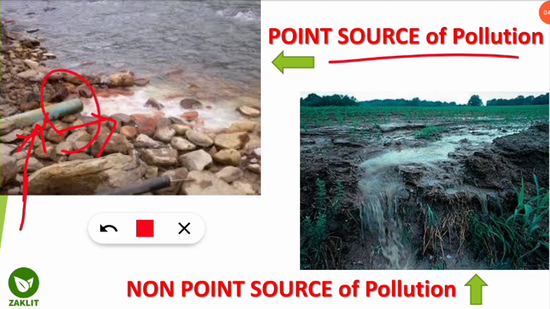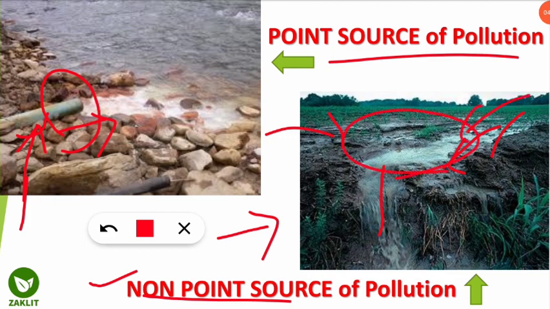But here, on the right-hand side, you can see this is the image of a cropland. When the chemicals are washed off by the rainwater or by the irrigation water, this is an example of non-point source of pollution. Why? Because we cannot infer which crop areas this water is coming from, what chemicals are coming from the left-hand side, and what chemicals are coming from the right-hand side, because they all are intermixed. So we cannot say which is the source of this pollution, that is, the chemicals coming from the cropland.